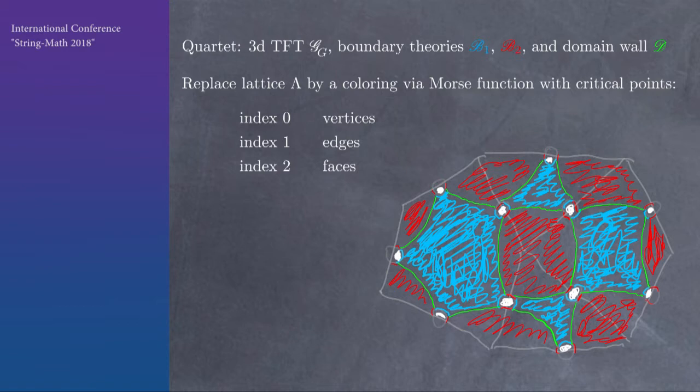And now what we do is we color the surface by the points. If it's a self-indexing Morse function, then between 0 and 1 we color it red, and between 1 and 2 we color it blue. Red being this Dirichlet boundary condition, the one where we trivialize the bundle, and blue being the free boundary condition. That doesn't look so good at the critical points of index 1, so we cut out little balls around the critical points of index 1. So this red blob you see is around that vertex, and around each vertex there's a red blob like that.